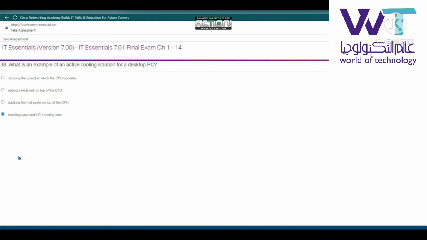What is an example of an active cooling solution for a desktop PC? Installing case and CPU cooling fans. اللي بعده